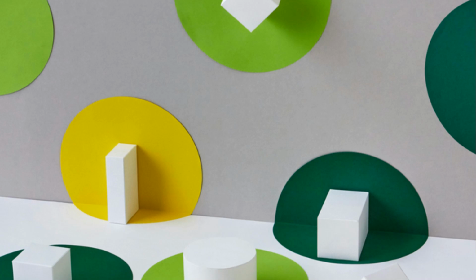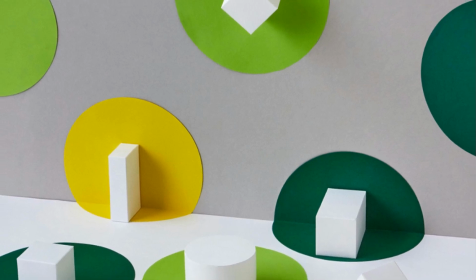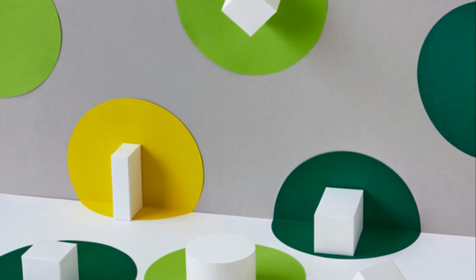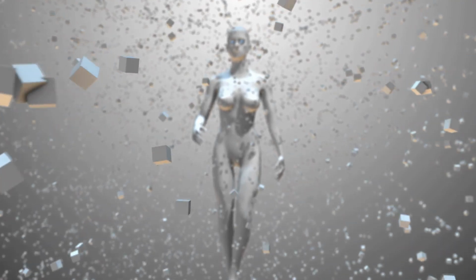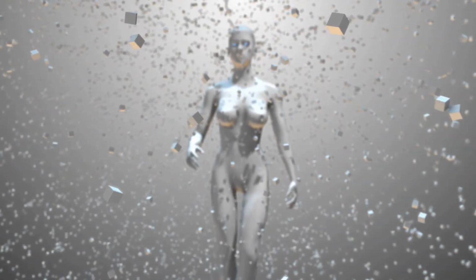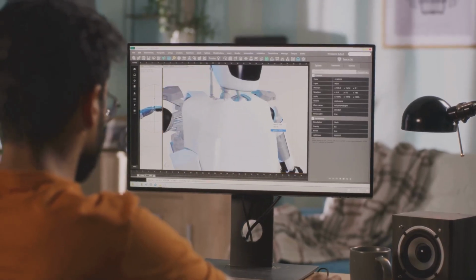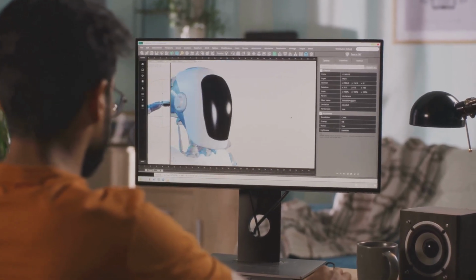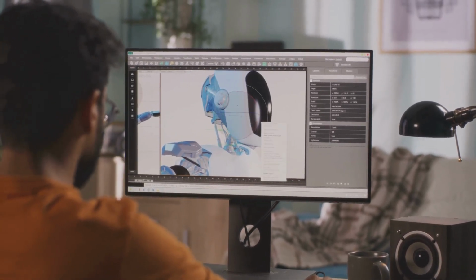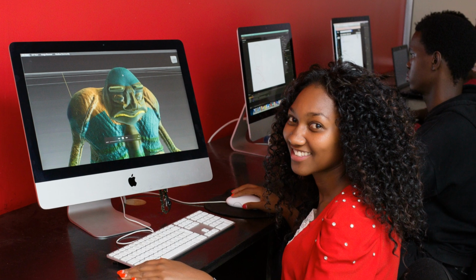With just a few lines of code, you can create a basic 3D scene, add objects, apply textures, and even animate them to move and interact within the virtual environment. The intuitive nature of these libraries, combined with the abundance of online resources and tutorials, makes it easier than ever to dive into the world of 3D animation, regardless of your prior experience.